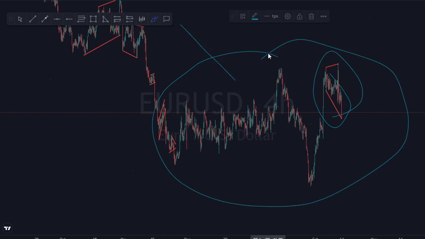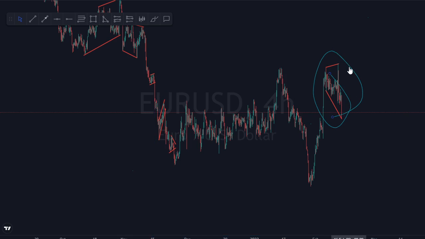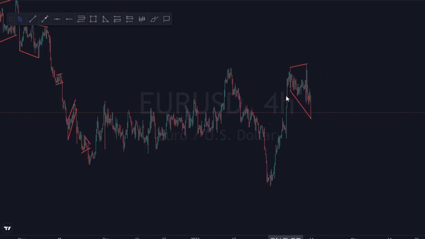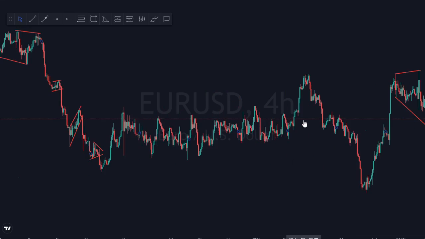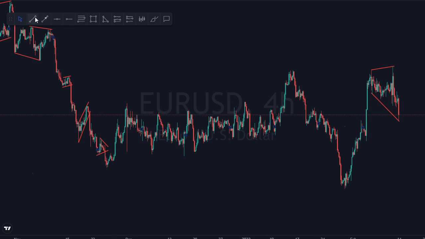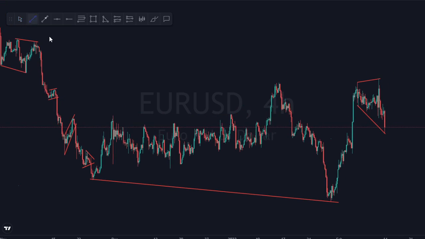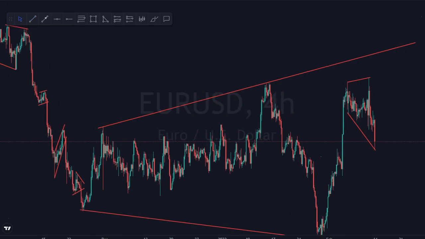So we'll just see what is happening. Let me just remove this. Okay, all right. As I said, this is also one of the patterns I also trade. Right, so as you can see now, guys,